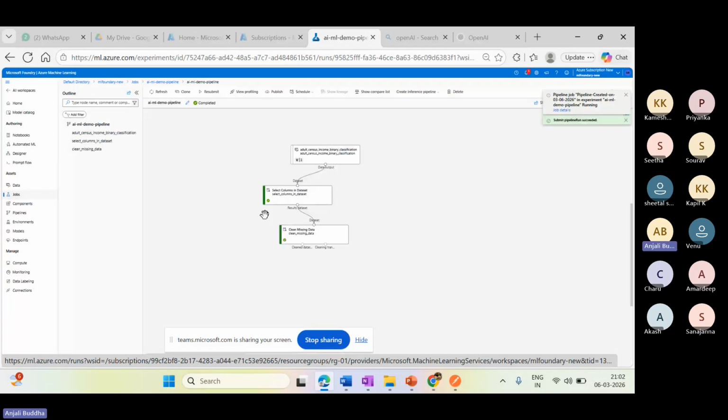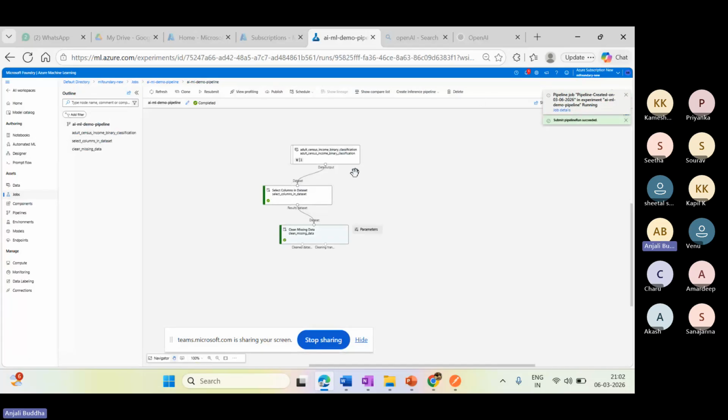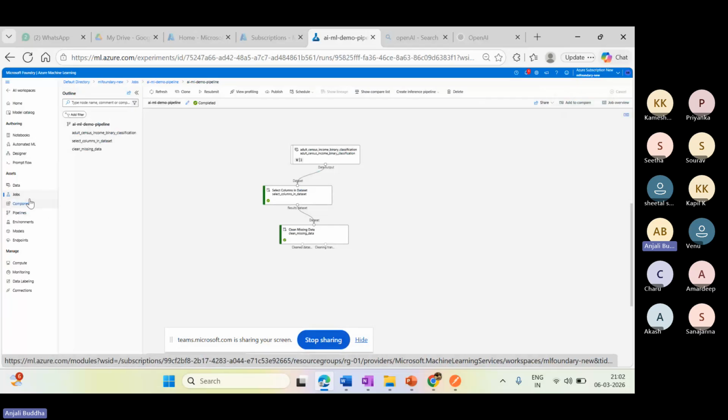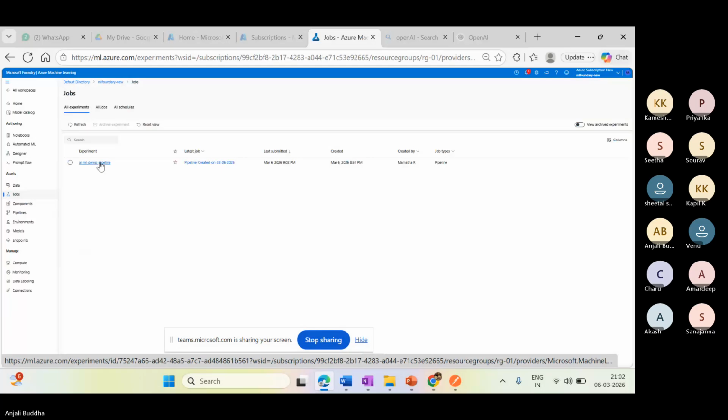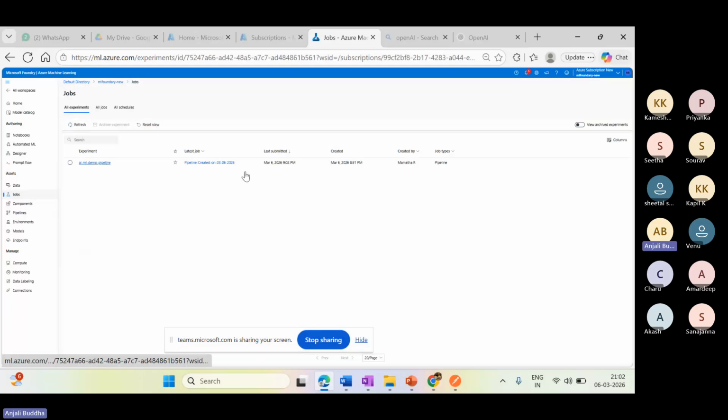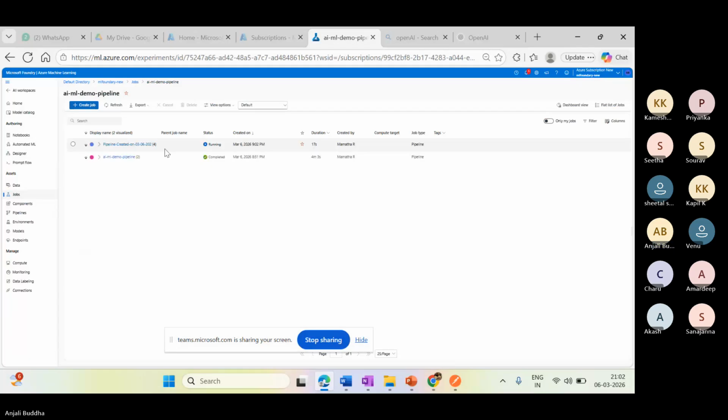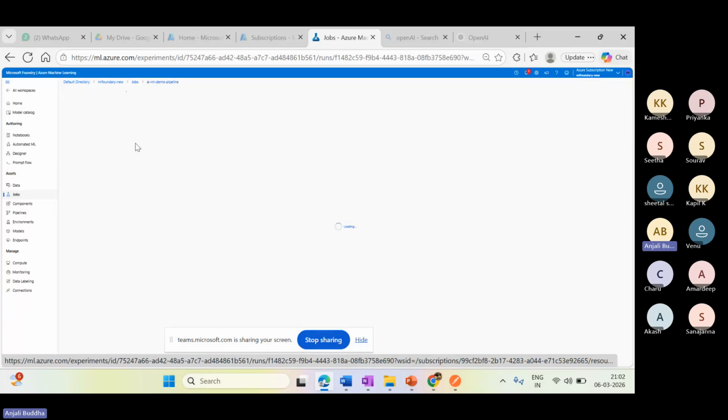Whenever I run it newly, it will create a new job instance. If you go to the workspace, jobs, you can see a new pipeline which is running.